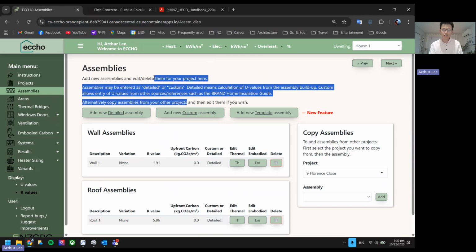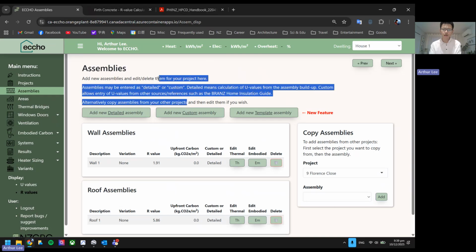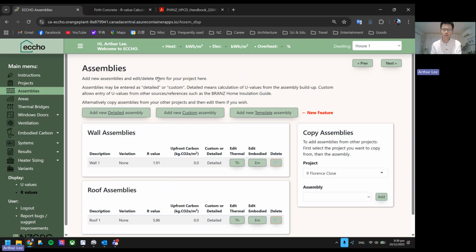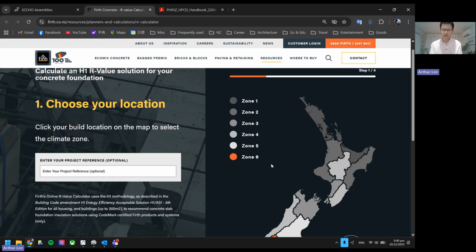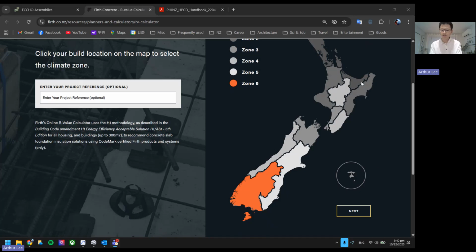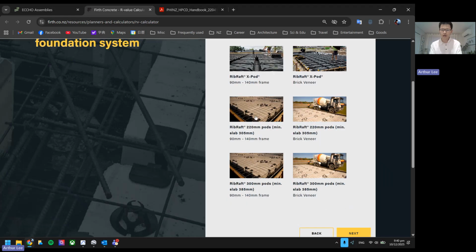And for the floor, if it's building code minimum requirements, then it's likely to be a rib raft system. Given the actual insulation is the average between the insulation itself and the concrete ribs, it's quite technical to calculate with accuracy with the tools. So I'm going straight to the first concrete calculator and then find out the exact R value the rib raft can give us. So climate zone 4, I don't have brick, I have 90 framing,